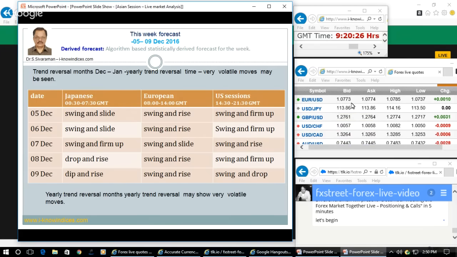So we need to read the intentions of the players and do the trades, rather than following the sentiments created by the market. Normally people used to say that the trend is your friend, follow it. Yes, if you follow it, you can earn 10 to 15 pips. But if you don't exit, it will become your first enemy.